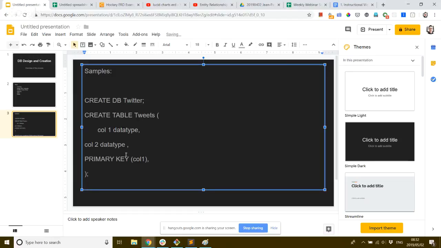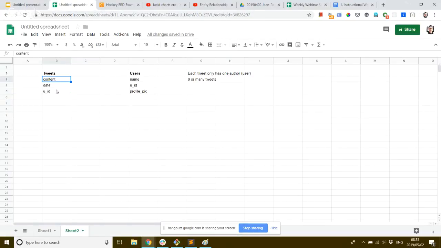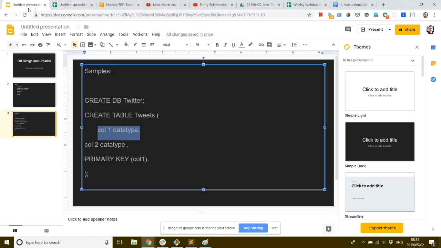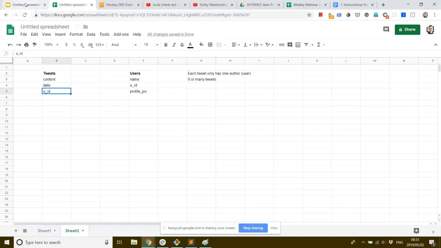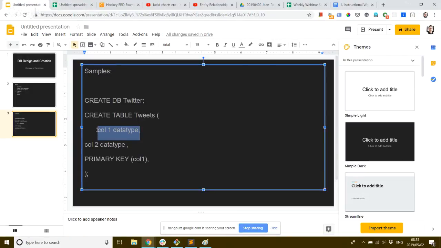Well, but before we get to that, this is just showing you exactly what you would put in here, but let's put more realistic information in here. So you wouldn't call it column one. I was just describing how you do this. So we'll use the words we've got here. So we'd say, let's call it user ID. I had UID, but let's call it user ID. It's more descriptive. So what you might have is